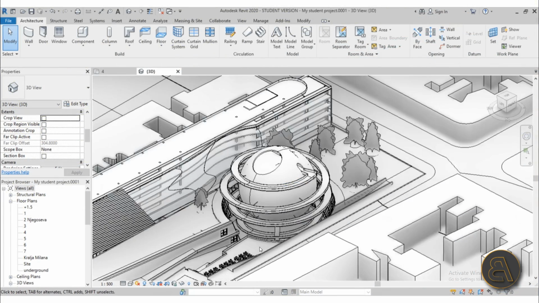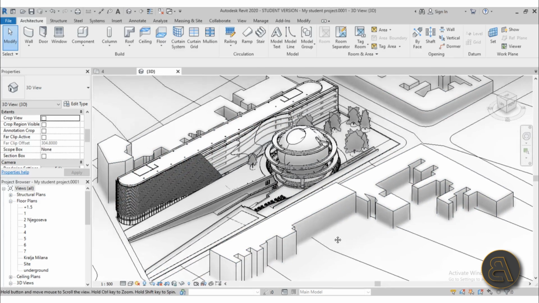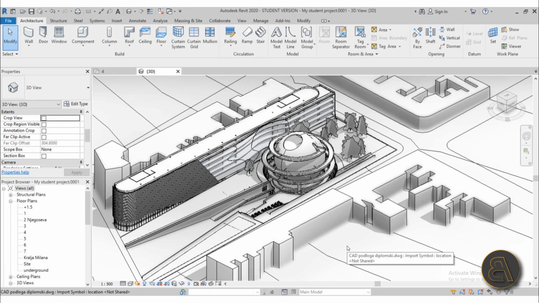So I did a tutorial a couple of days ago on some advanced navigation in Revit, and if you want to check that out, I'm going to be leaving a link to that video in the description of this one, so check that out. But anyways, I've shown you my master thesis project,